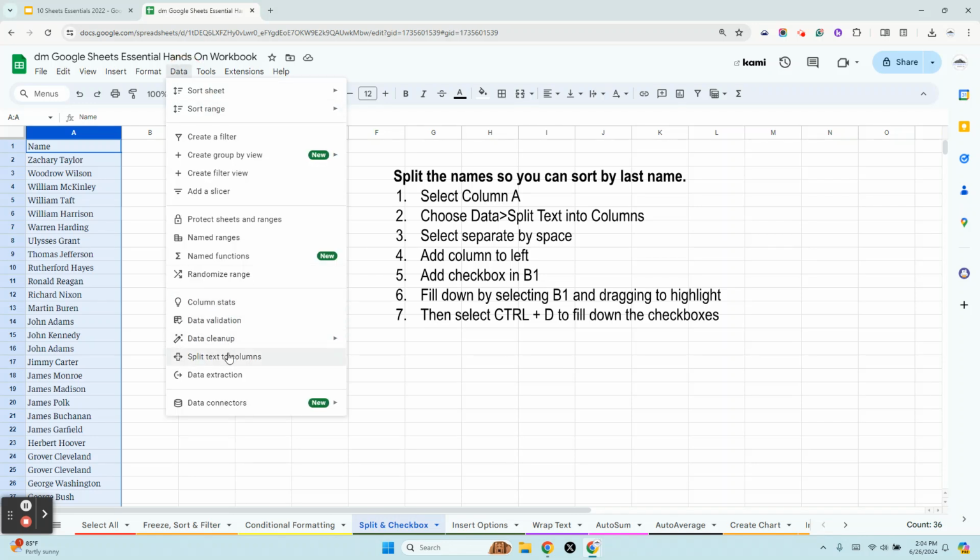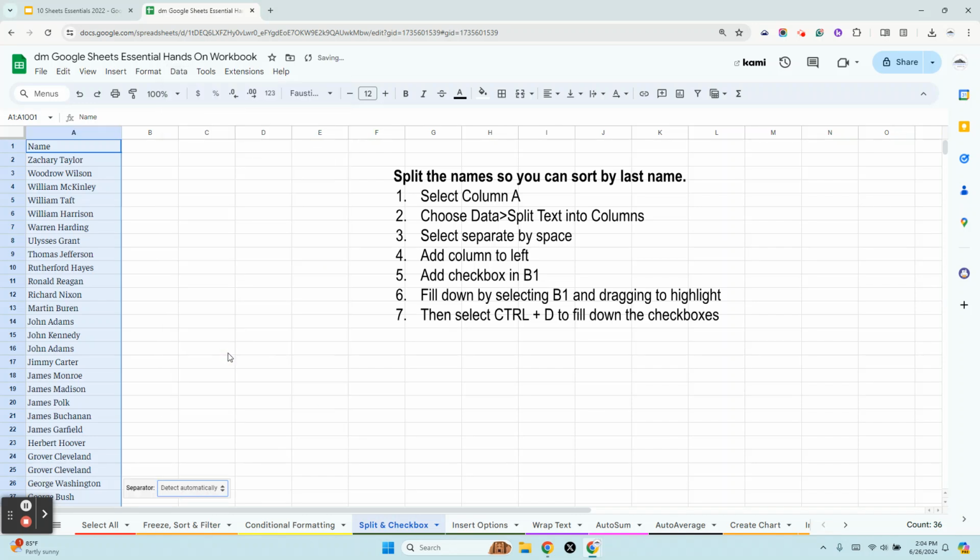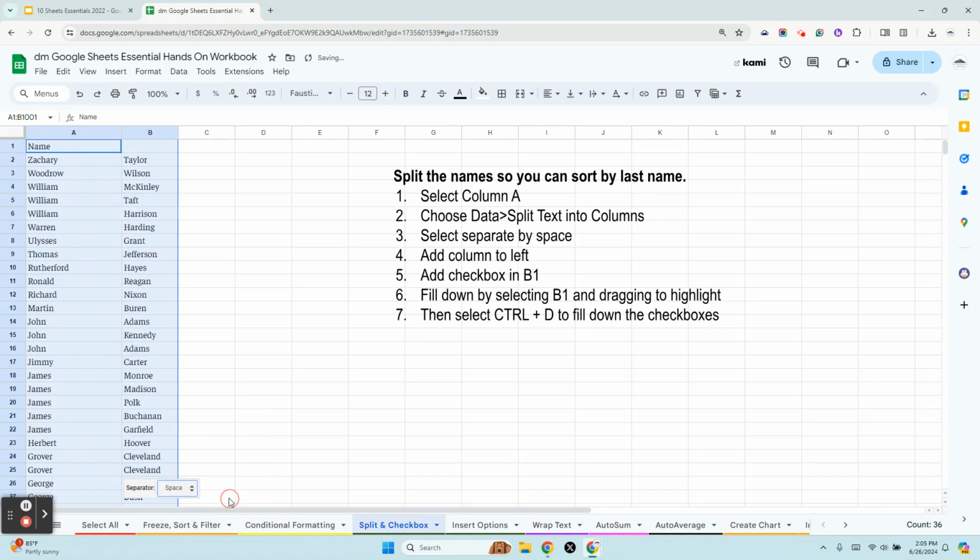you'll see the option to split text to columns. And at the bottom here, sometimes these tools are like, why can't this pop up at the top and be loud? But it appears at the bottom in this tiny little thing, and it says detect automatically. In this case, we could pick that, but we're going to use space because we have space. And now you can see I've got name separated, so I can change the name at the top to first